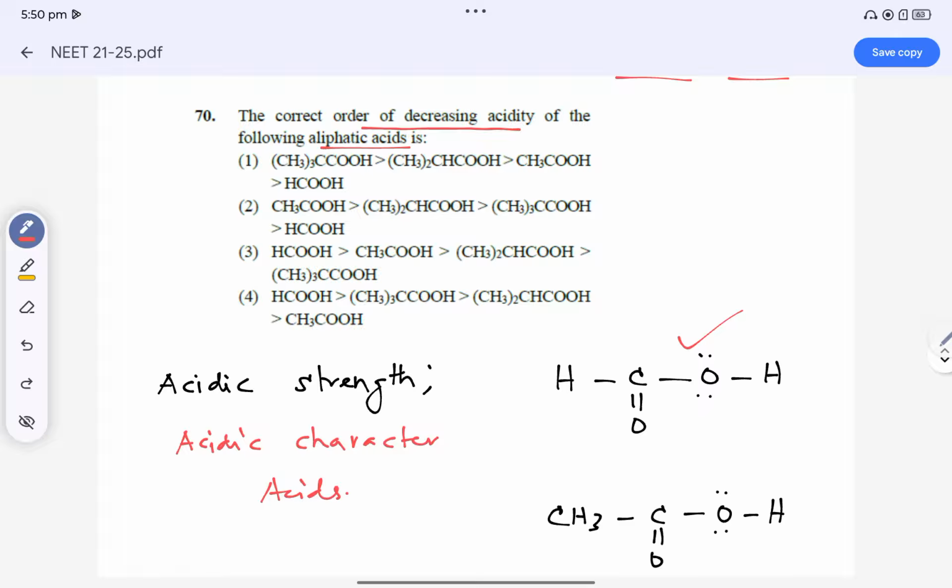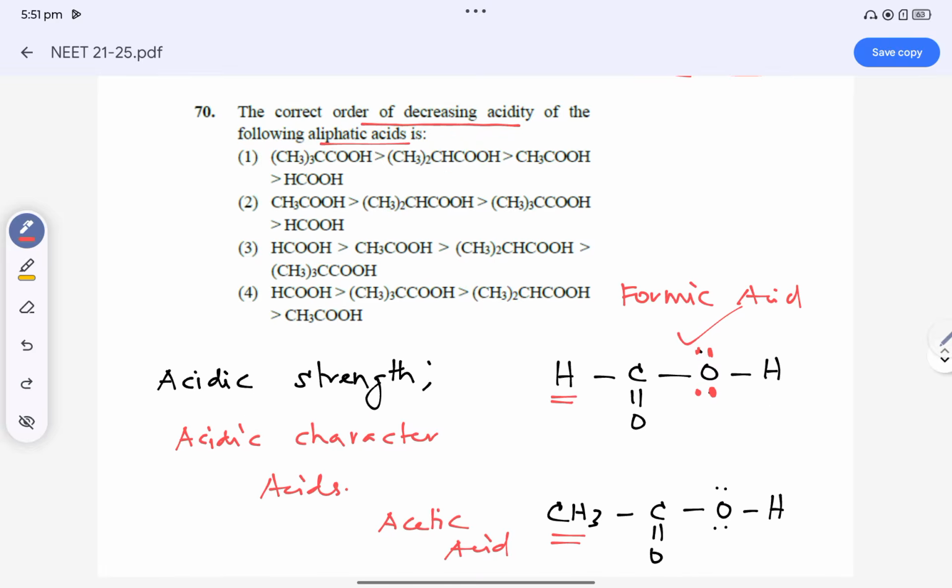Here the lone pair of electrons is present on the oxygen atom. Here the hydrogen atom is substituted by a methyl group. This is called acetic acid. You know that this one is acetic acid. The above one is formic acid. What is the difference we have? Which one is stronger? On the basis of the discussion of